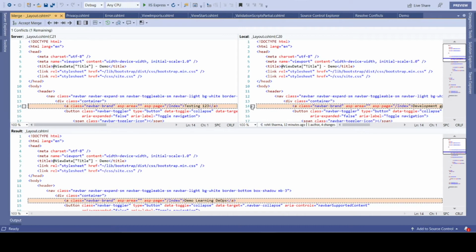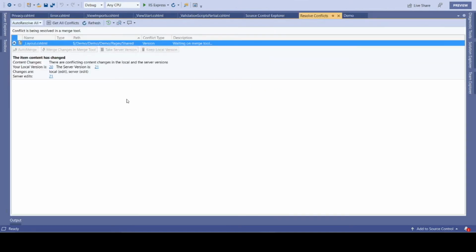Let me select the one which I have written, and below is the result of the selection. Once I have done that, if there is any other conflict, I can click on next, but since I don't have any other, I'll just do accept merge.